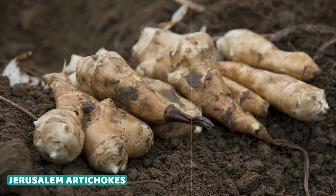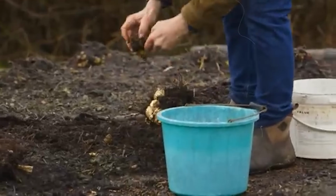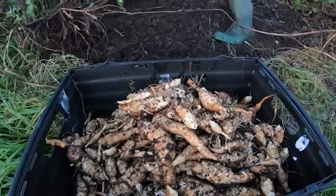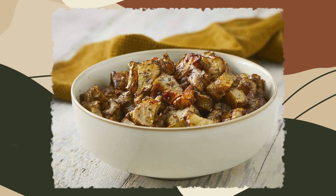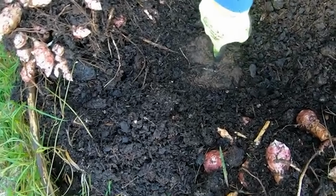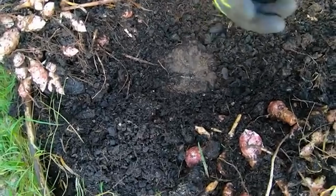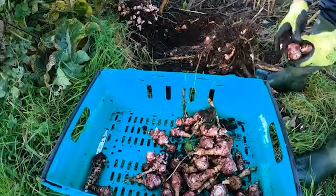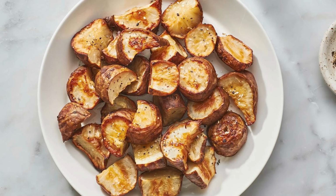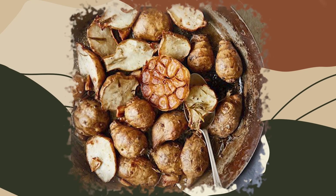Long before European settlers arrived, Native Americans were cultivating a remarkable tuber that would later become a garden staple. Jerusalem artichokes, neither from Jerusalem nor actually artichokes, were America's original survival food, taught to early settlers by indigenous tribes who understood their incredible value. Unlike other root crops that required yearly replanting, Jerusalem artichokes performed a kind of garden magic. Plant them once and they'd return year after year, multiplying underground and creating an expanding food supply with zero additional work. Their nutty, slightly sweet flavor came from inulin rather than starch, making them taste almost like water chestnuts when